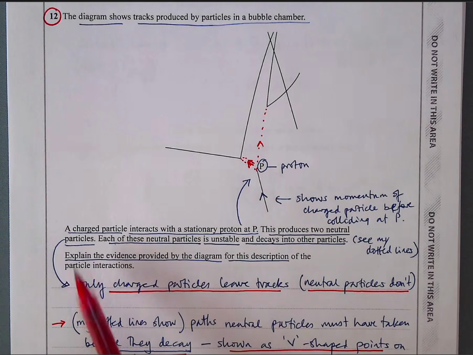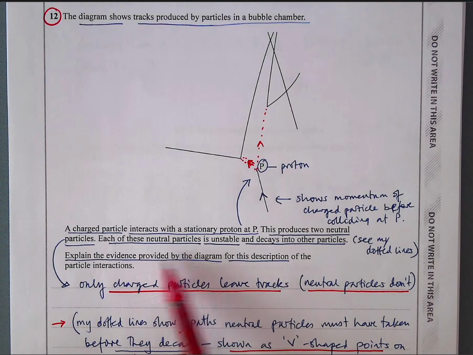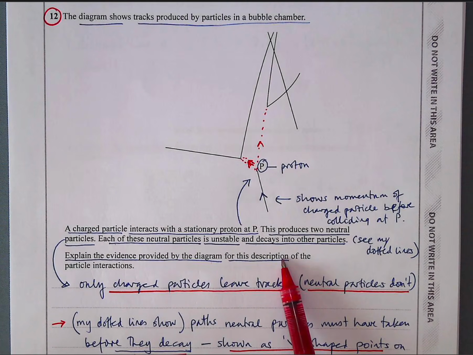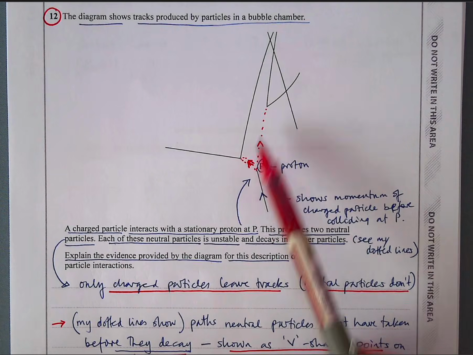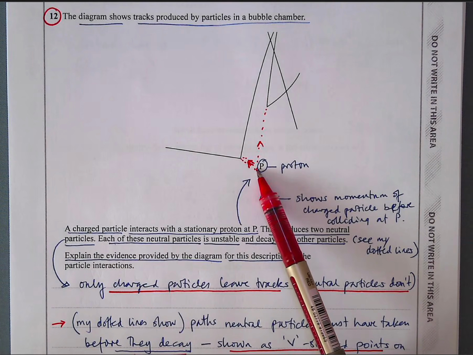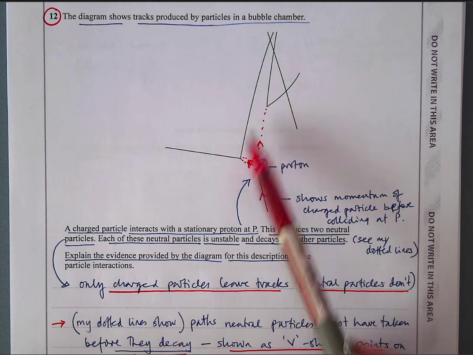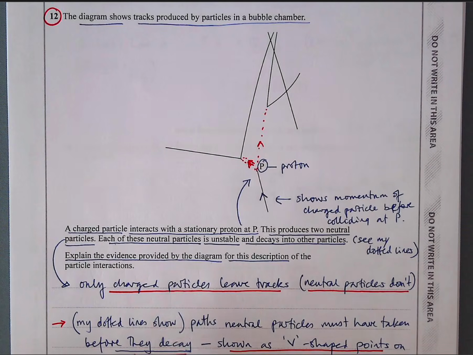That's the first thing you've got to realize. It says explain the evidence provided by the diagram for this description of the interactions. Only charged particles leave tracks, so the neutral particles don't, and that's why you don't see anything from the point of collision at P until the neutral particles decay. So my dotted lines show, you don't have to do that, but I think putting dotted lines on there to show them that you know what you're doing, show the paths neutral particles must have taken,